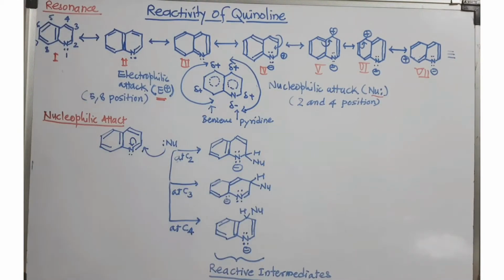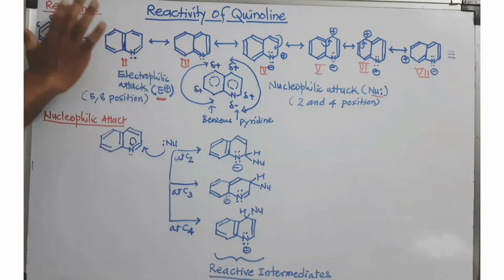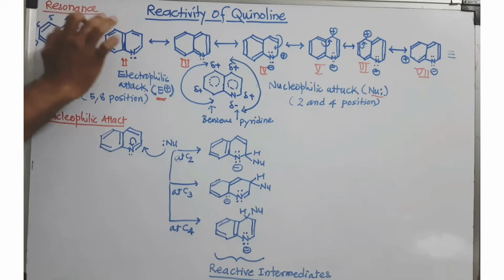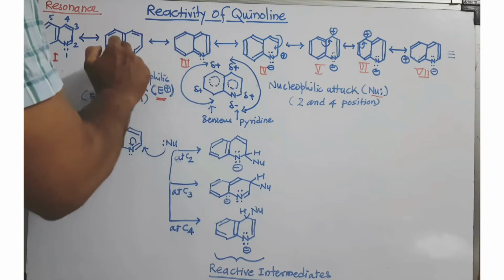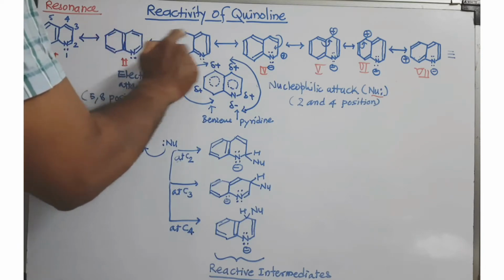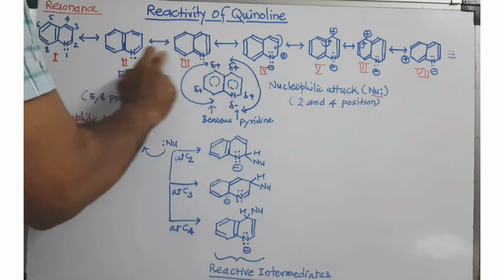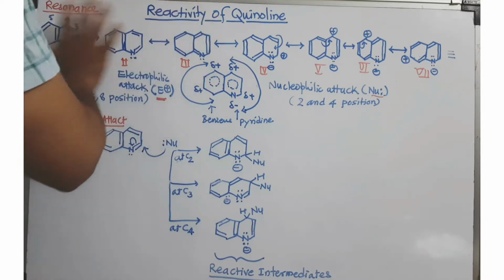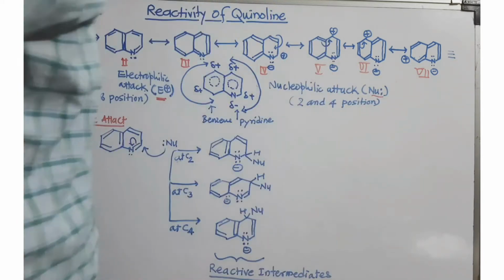How? Here nitrogen is more electronegative as compared to carbon. If you see here, the first 3 structures are just movement of double bonds. First of all, in the benzene ring, I have just changed the positions of the double bonds, and then I changed the positions of the double bonds in the pyridine ring. So I get here 3 neutral structures. There is no charge developed here, and you can draw these more easily. So I am discussing the remaining 4 structures.